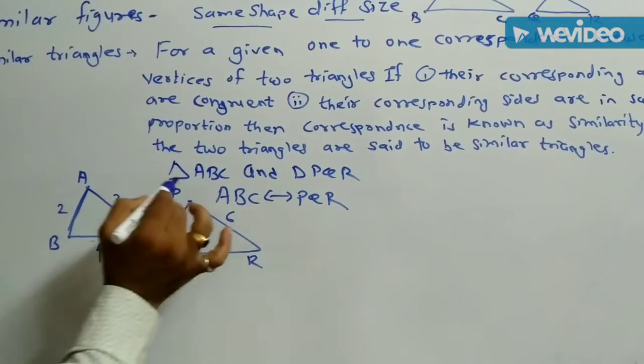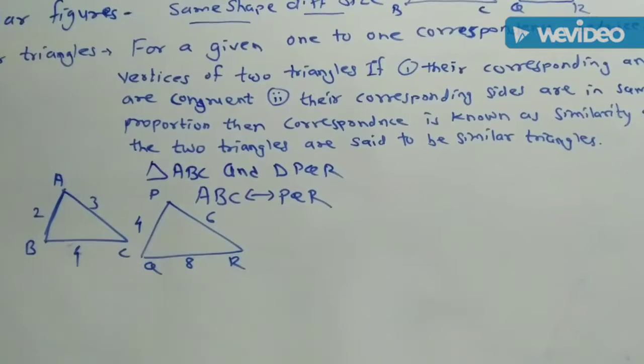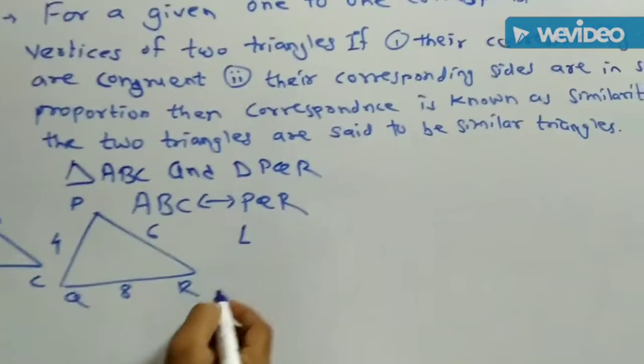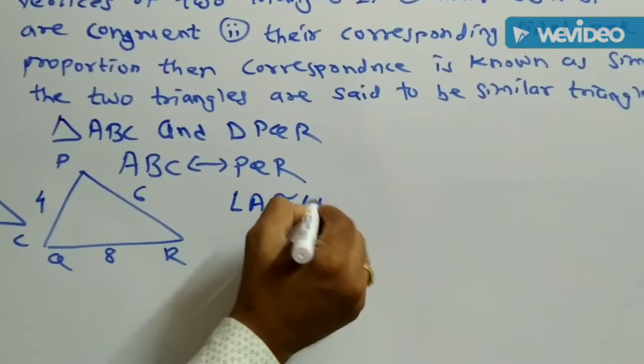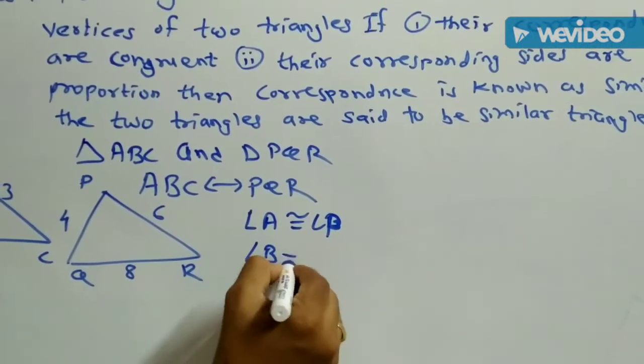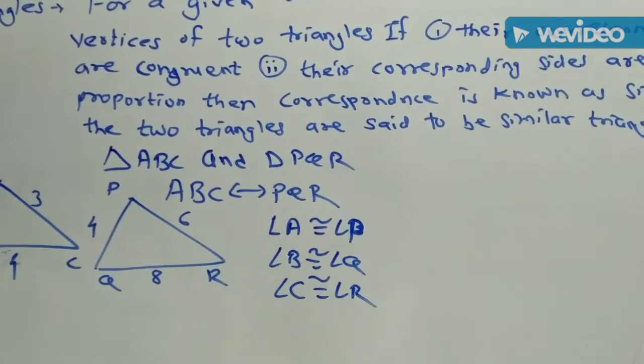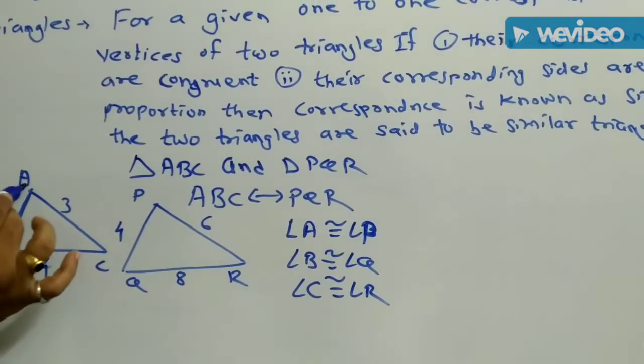For these two triangles the correspondence is ABC to PQR. If their angles are congruent, that is angle A congruent to angle P, angle B congruent to angle Q, and angle C congruent to angle R, and the sides are in proportion, that is if we take